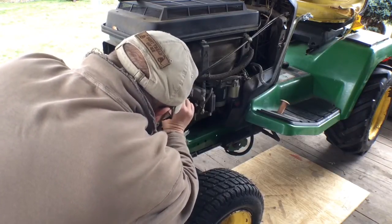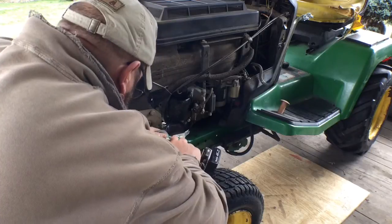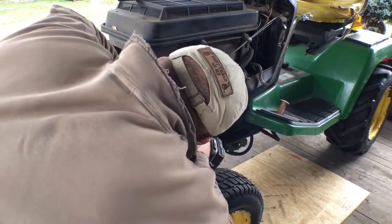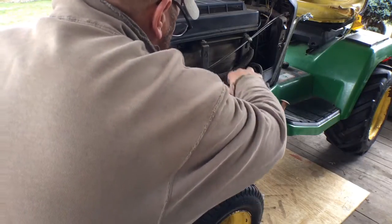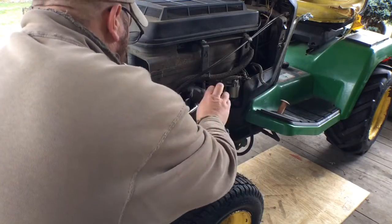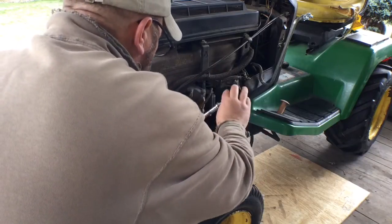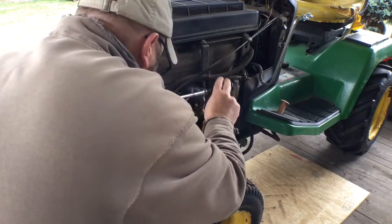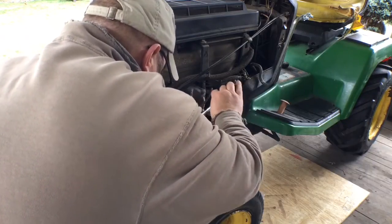I'll just snug it up with the impact, which will probably give me more than 53 inch-pounds, but we'll see. Okay. Alright, that's good there. I'll get the torque wrench. Jeez. I gotta tell you, 53 inch-pounds is not even an oomph. If you have a calibrated arm, it's like one finger. Definitely does not feel right. I don't know how that's gonna...